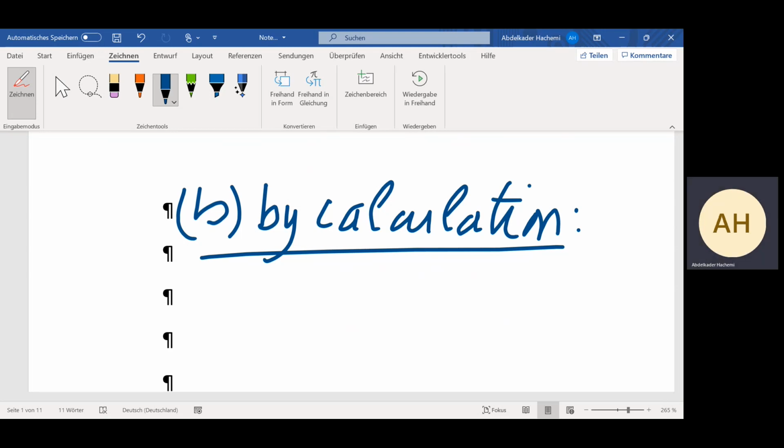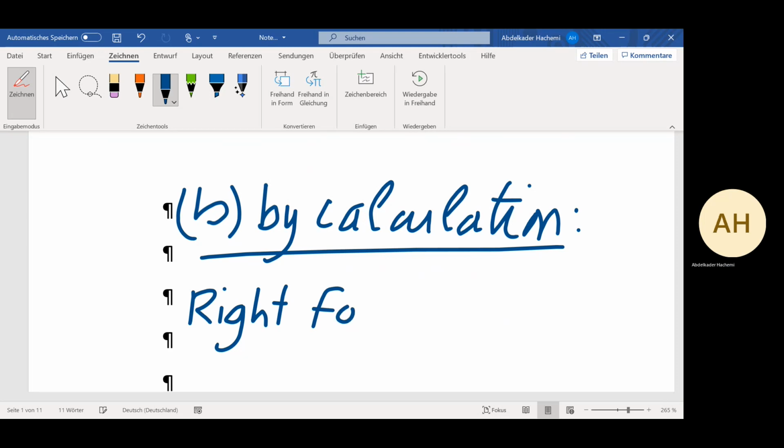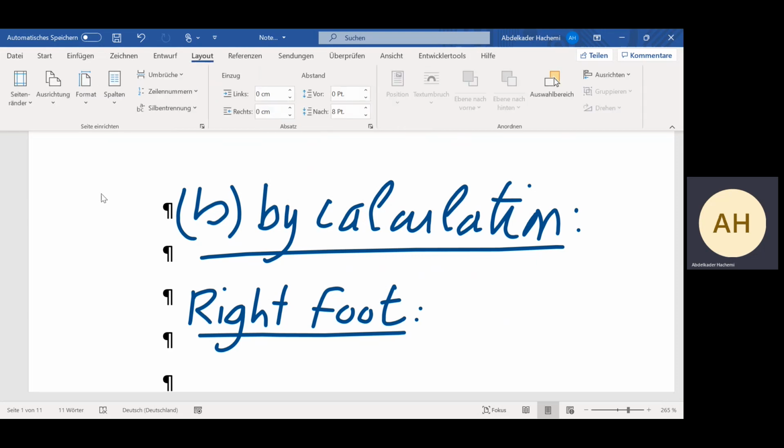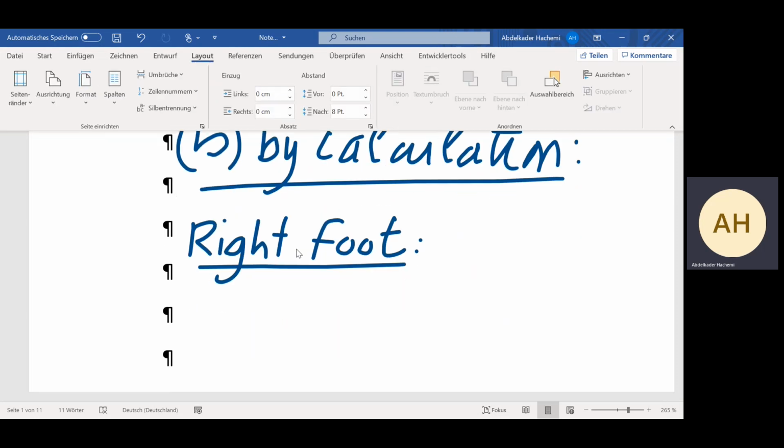We write here, we get here first the right foot, or right ladder. What we have here, we take the reference point A, and we make now the definition here: VB is equal to VA,